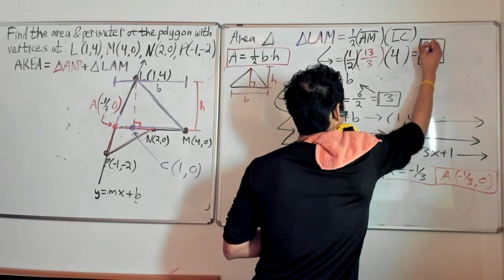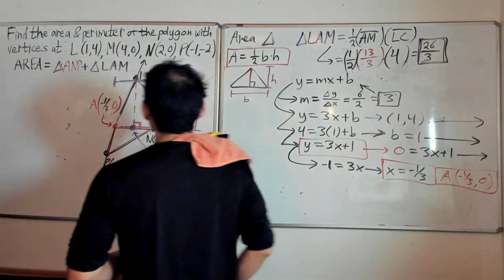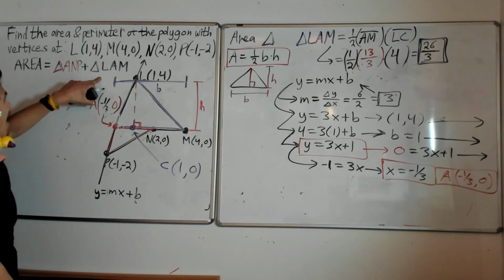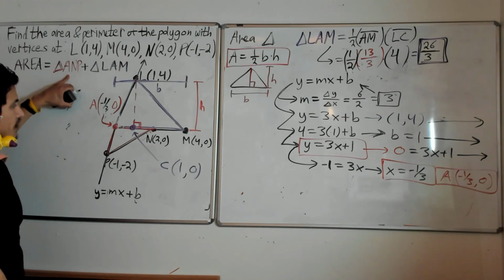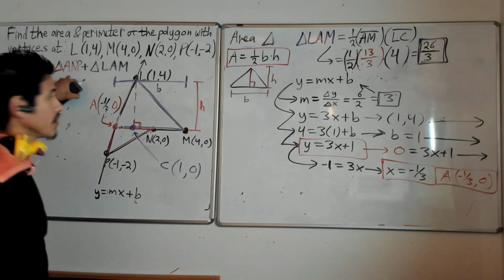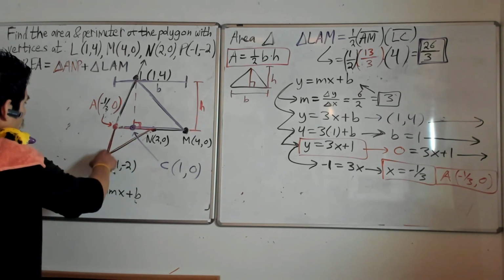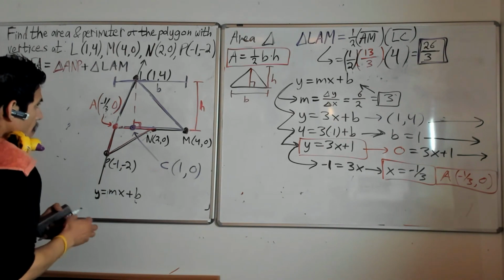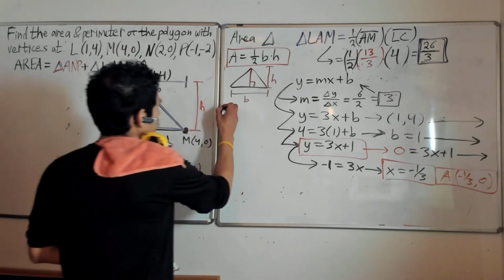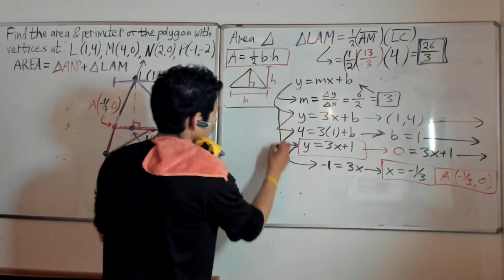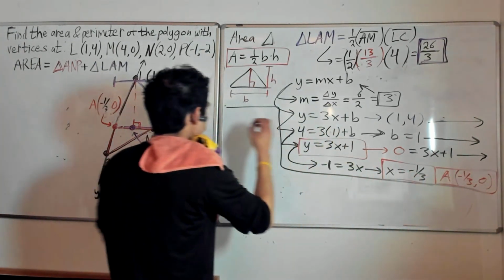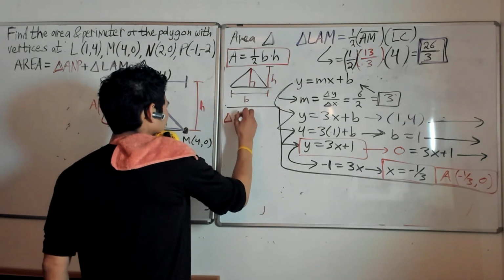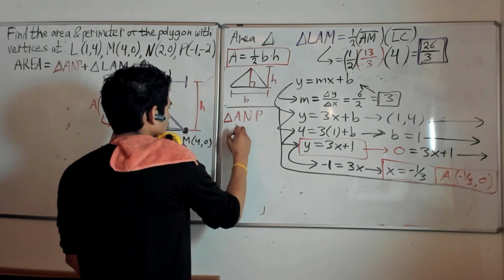Let's put this in purple then. So then we'll replace that in a few minutes here. So we have LAM, but now we have to find ANP. So we have to find the triangle here, from here to here to here. Let's use this space over here for that. The triangle ANP, the area will be